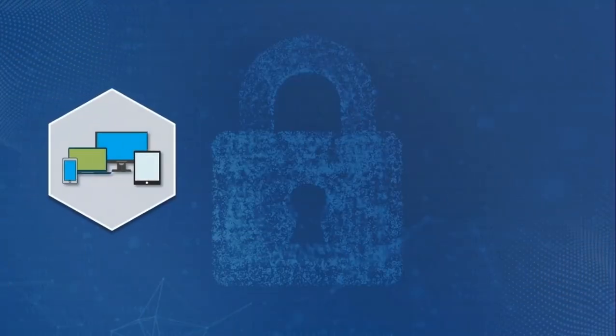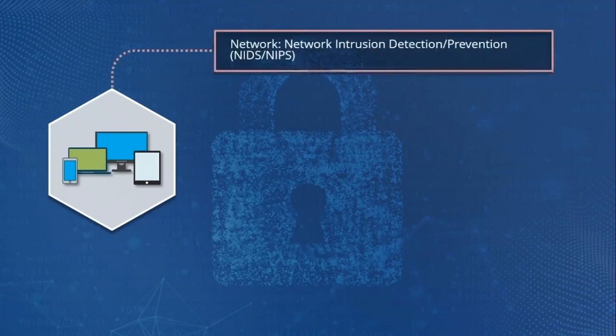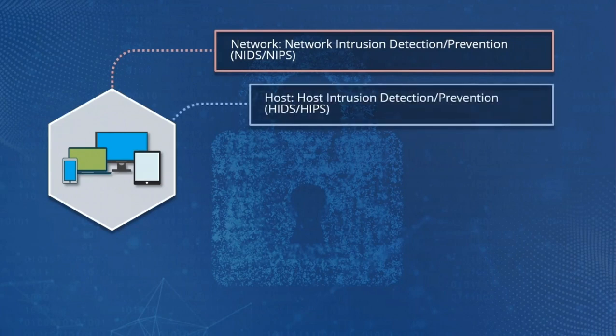First of all, they can be broken down by deployment. Network deployments are deployments which will monitor a particular network segment. And you can have a network intrusion detection device or network intrusion prevention device, called a NIDS or NIPS, so Network Intrusion Detection System or Network Intrusion Prevention System. Or you can deploy them on a single machine, and then the name is Host Intrusion Detection System or Host Intrusion Prevention System, HIDS or HIPS.